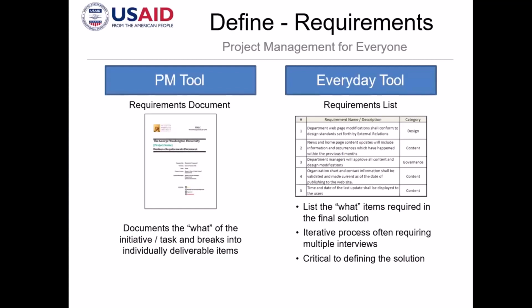So this is an iterative process, right? For example, this is your initial list, and then you will have to go back to your stakeholders again. Is this correct? Am I correct that these are only the requirements that we need? Maybe they will have some comments, right? And then you will have to come up with an updated list again. So it's a constant cycle that you have to be regularly reviewing with your major stakeholders.